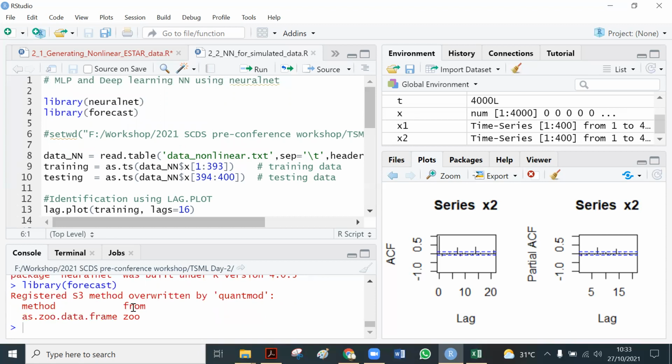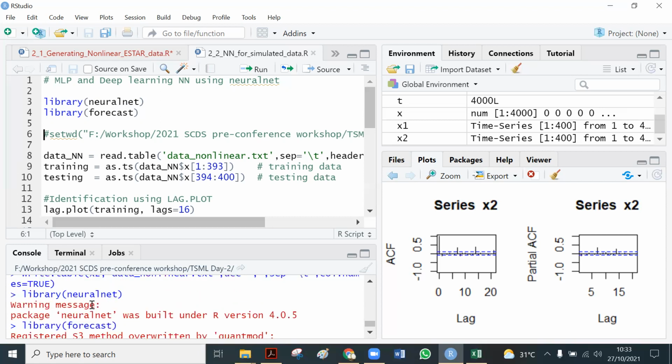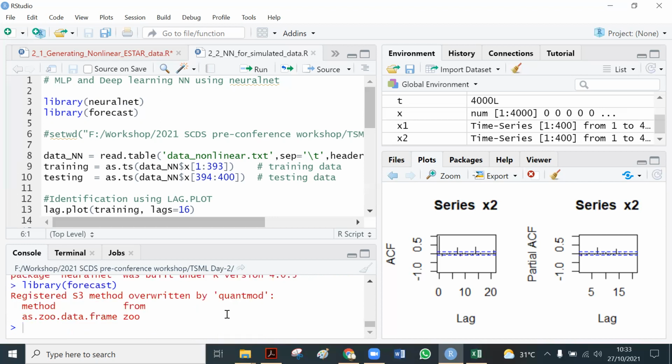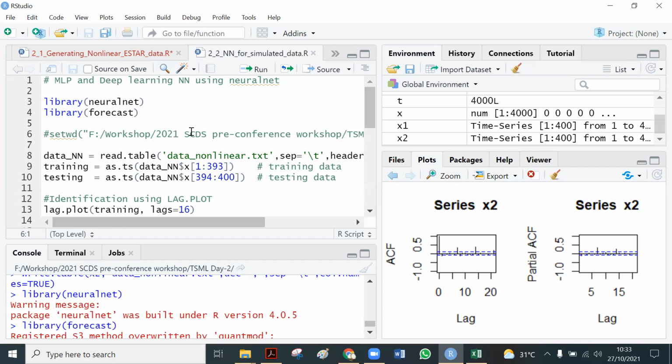Yeah, of course, sometimes there is a warning. It is not an error, it is just a warning because there is a higher version of this package. My R is 4.0.4, so I did not install the newest one.